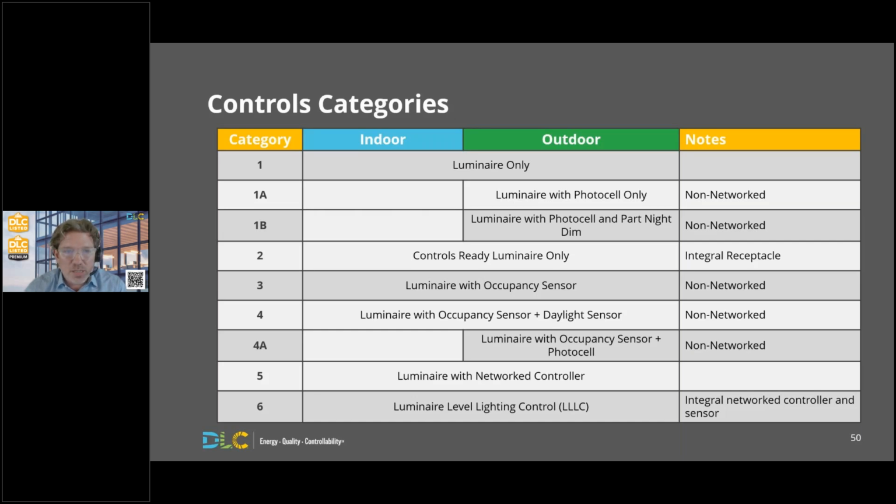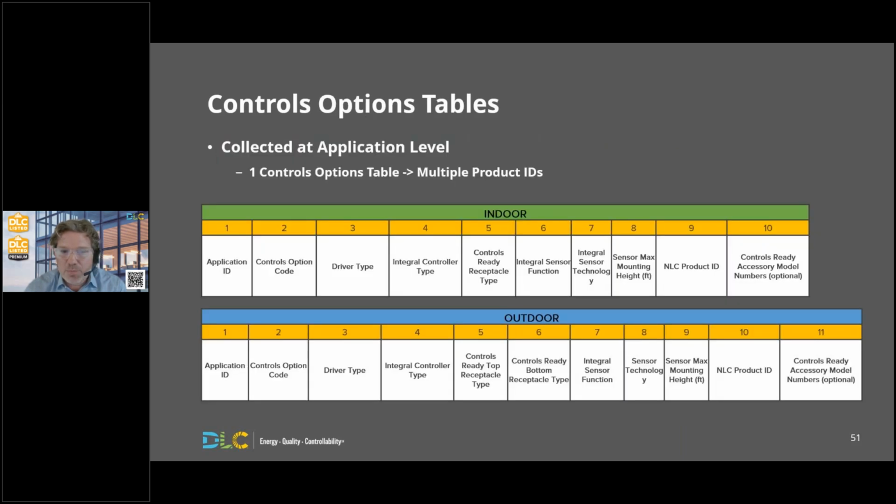They are slightly different for both indoor and outdoor products, and they range from category 1, which is a simple luminaire only with no controls on board, all the way up to category 6, which is a luminaire level lighting control with an integral network controller and sensor. Next, please. Controls categories will be assigned by the DLC in the submission review process based on information submitted in